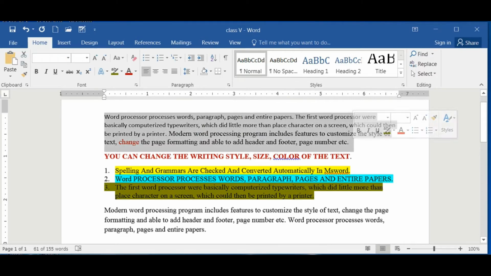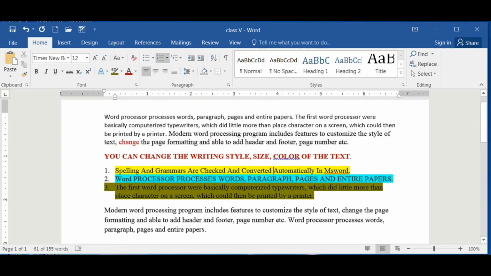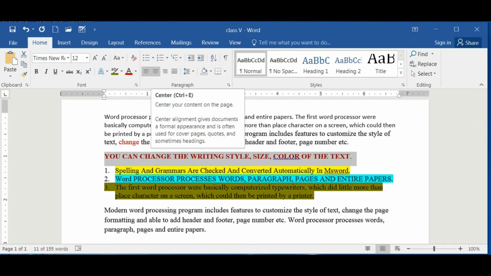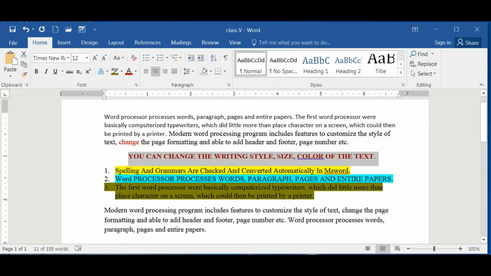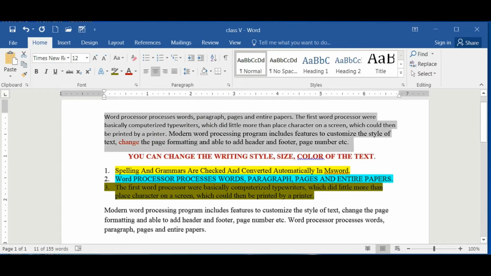If I want to make this word centered, for example this capital letter, suppose it is a heading and I want to put it in the center, here the center alignment is there. When I click here you can see that it moves to the center of the area. By default it is left aligned, on the left side of the margin.